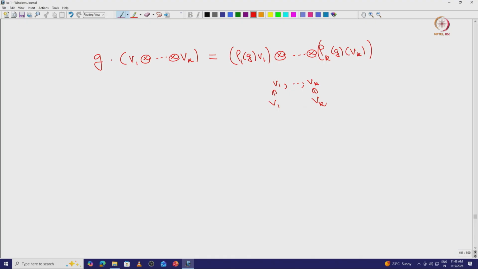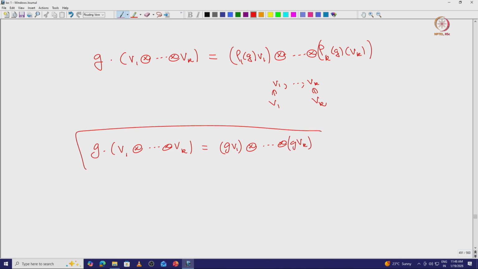If you want to oversimplify, if you do not want to write down rho i and all, and assume that there is this action on V1 etc. Vk, we can use a much simpler notation. We can just write this, without any rho i's, simply as gV1 tensor etc. tensor gVk. It is easy to verify that this is going to give you an action on the tensor product. This is what we call the tensor product of representations. Now, similarly you can also define